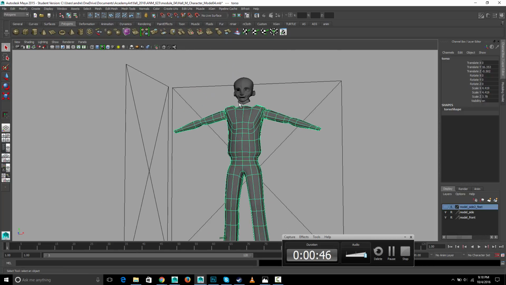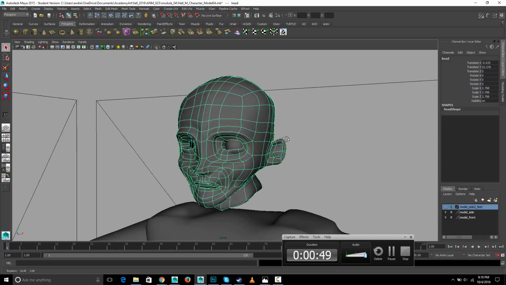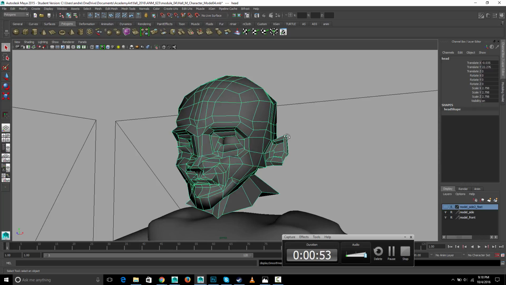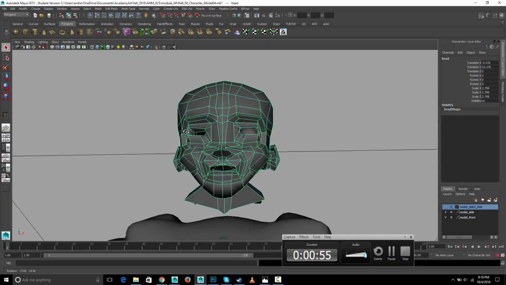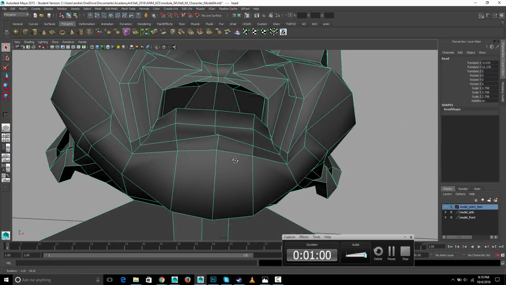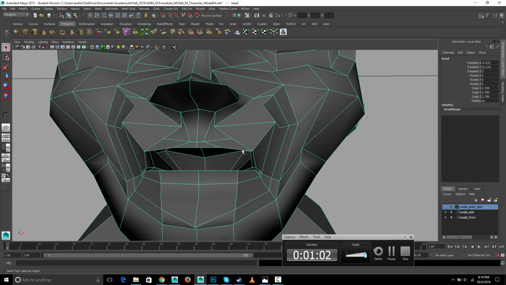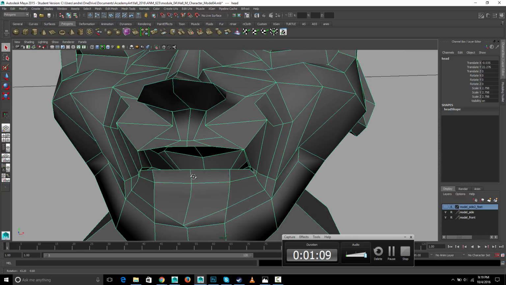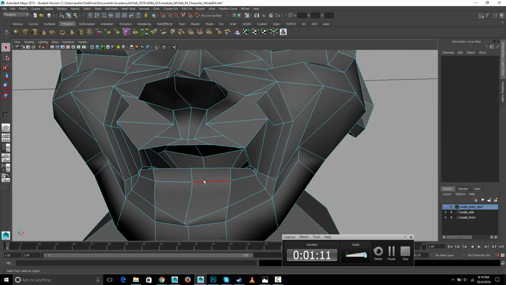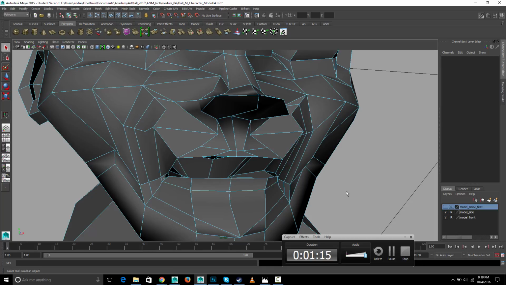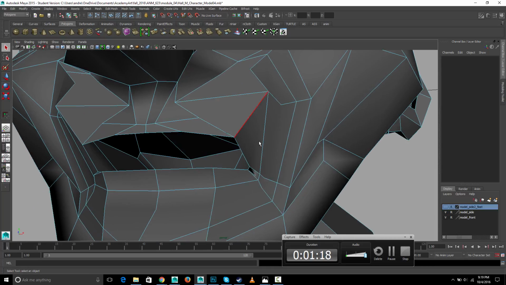And let's take a look at the face, F for frame selected. So far it looks okay, but I like to really check things in rough mode, that is by clicking 1. The first thing I noticed is some sort of strangeness around the mouth. What you want to have going here is loops around the mouth, and somehow in the modeling of this you don't have loops. So I should be able to select an edge, double click it, and it should go all the way around. And for example, that's not going to work because